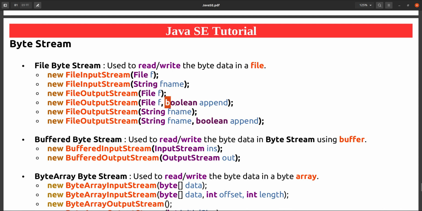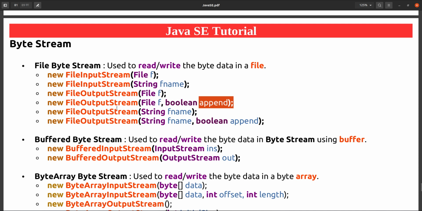And this append flag, if we use it as true, then it will append if the file already exists. Suppose for the output stream we are creating one file, and that file is already present in your directory. If you want to append into that file, then you can use this append boolean value as true. If it is true, then it will not replace that file, it will append into that file.